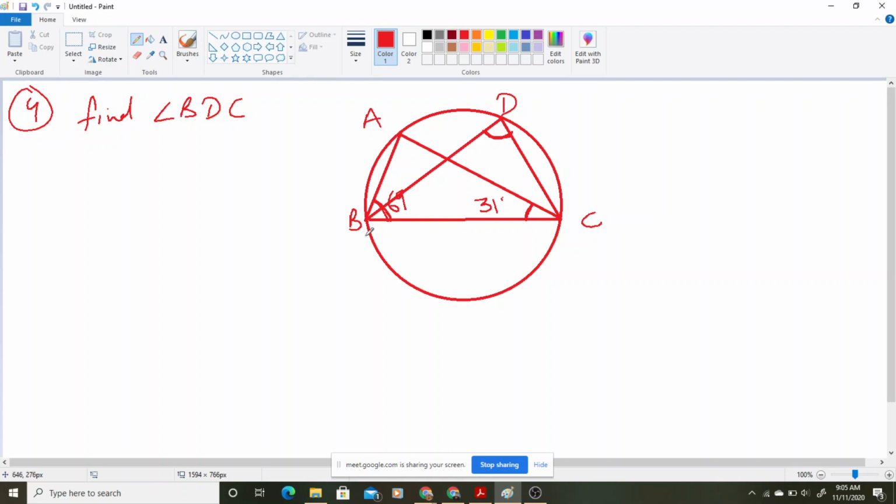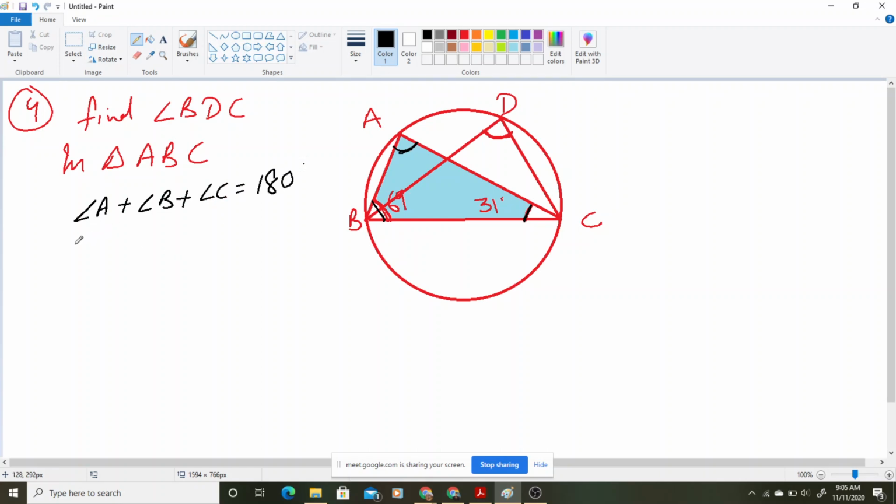So it is very simple. See, in triangle ABC, ABC वाले ट्राइंगल को ध्यान से देखो. इस वाले ट्राइंगल में हमारे पास ये angle 69 है, ये वाला एंगल 31 है. So can we find this angle? Yes, we can find. Angle A plus angle B plus angle C will be equal to 180 degrees.